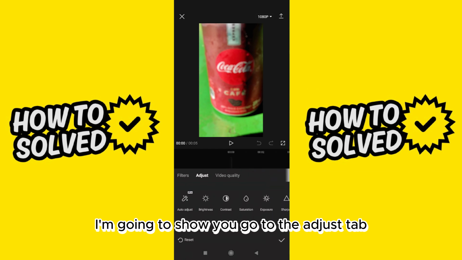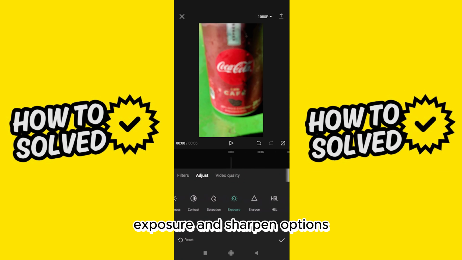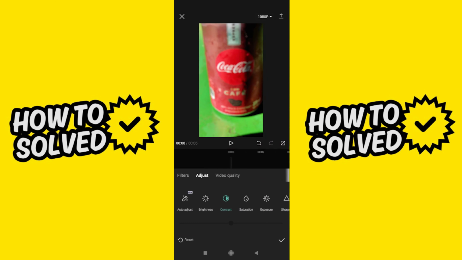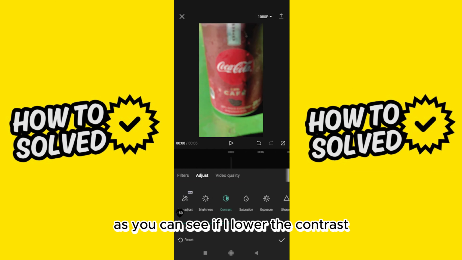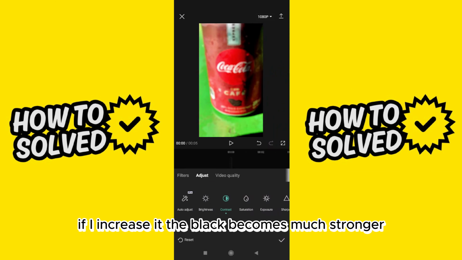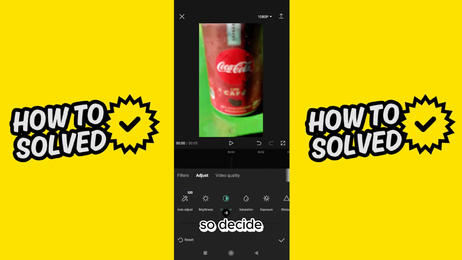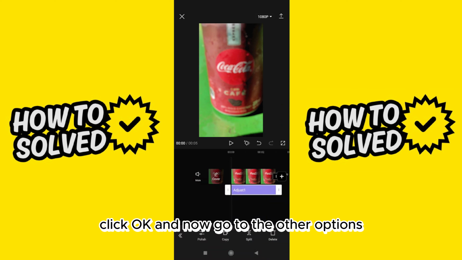Go to the Adjust tab, and what you have to change is the contrast, exposure, and sharpen options. Increase the contrast and see how it looks with better or worse contrast. As you can see, if I lower the contrast, it actually makes it quite easy to see the colors around. However, if I increase it, the black becomes much stronger. So decide whichever one you think is best for your picture, click OK, and now go to the other options